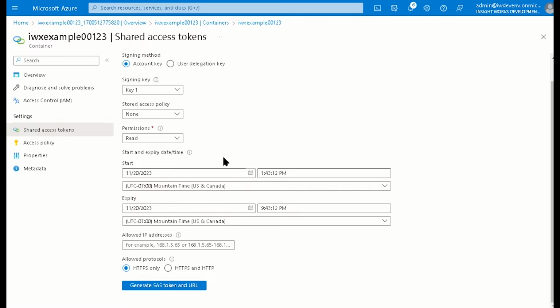And then we're going to create a new token. Now the permissions that we need are going to need to be add, create, write, and delete. If you're also troubleshooting, you should consider using list, as this will let you troubleshoot by just listing yourself with that same shared access signature any blobs or blob containers that you have created.